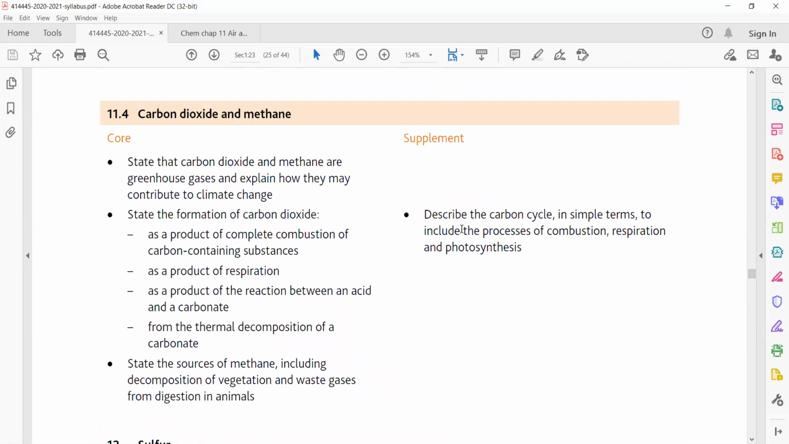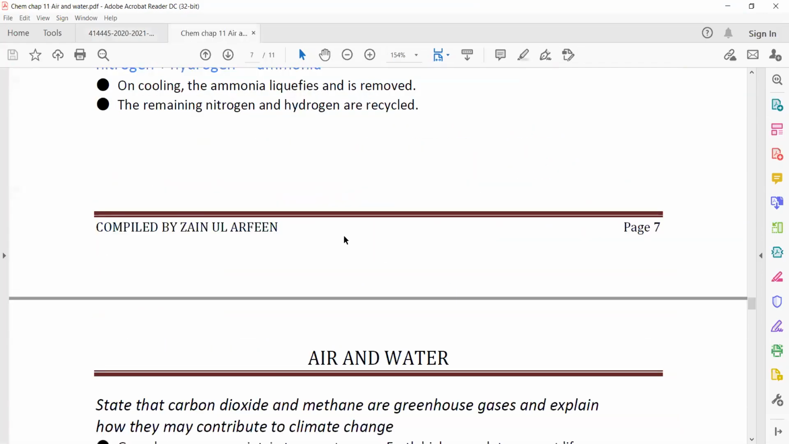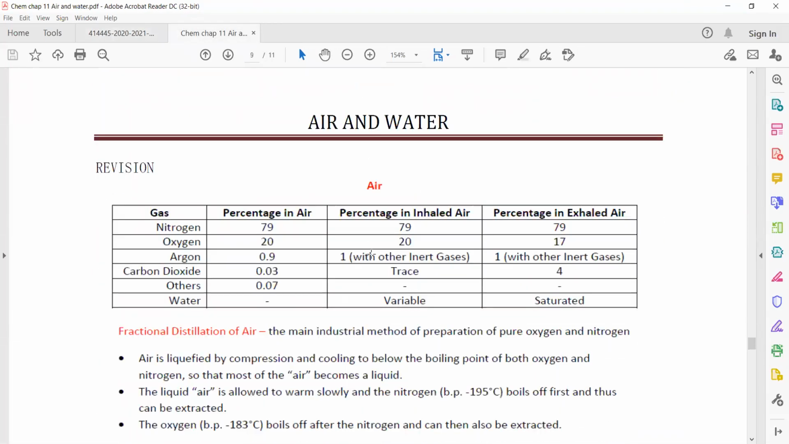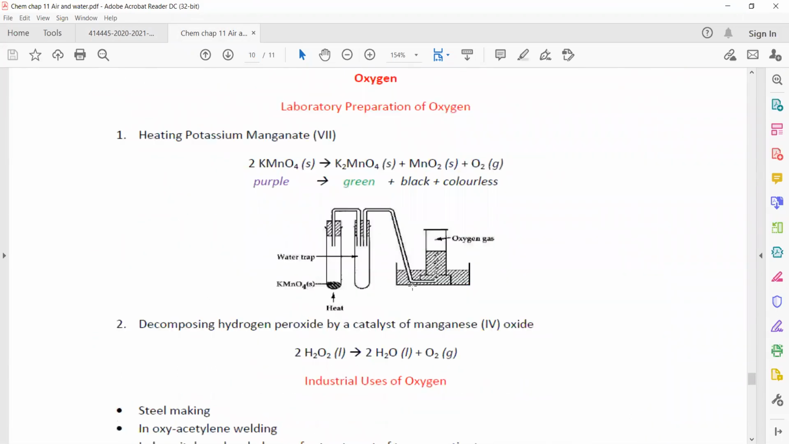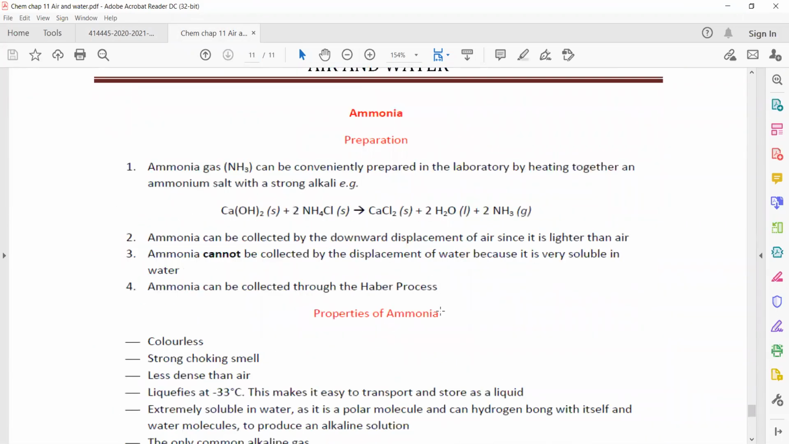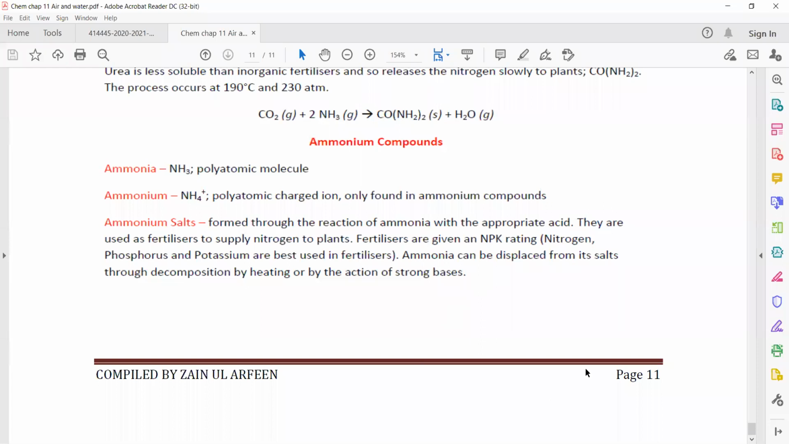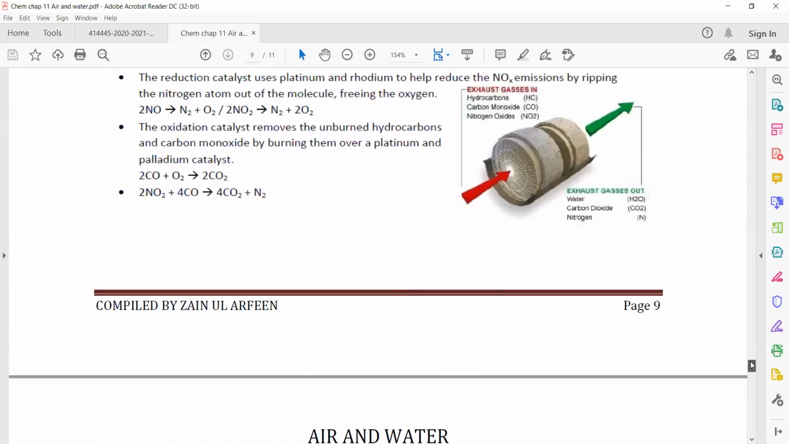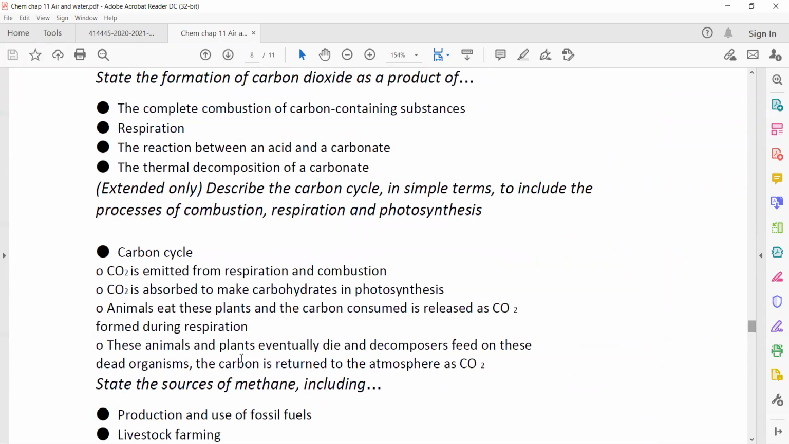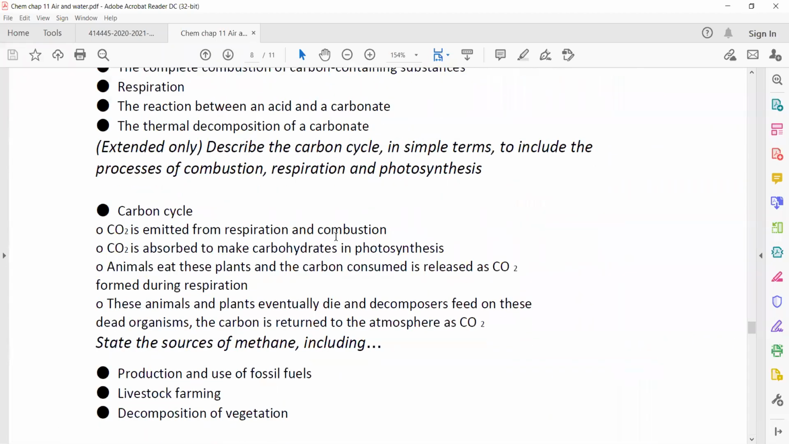And describe the carbon cycle. Carbon dioxide is emitted in respiration and absorbed to make carbohydrate in photosynthesis. Plants also respire. Plants also contribute to emission of carbon dioxide, but they absorb